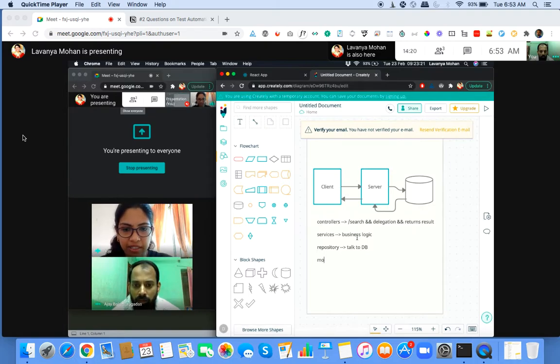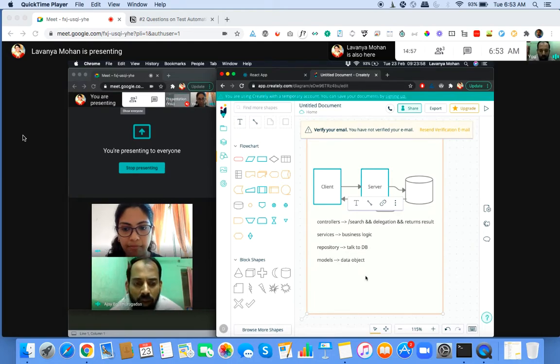And finally, we said there is models. What does models do? Well, a model is just data objects. They basically represent classes for some entities that we have. For example, in our case, we have book information as the entity. So the model just represents that. Whatever actual data we get from, let's say, the database, we can map it to a class called, let's say, book information, and it just represents that. It's just a data object, nothing much. So, okay. Any questions about this?